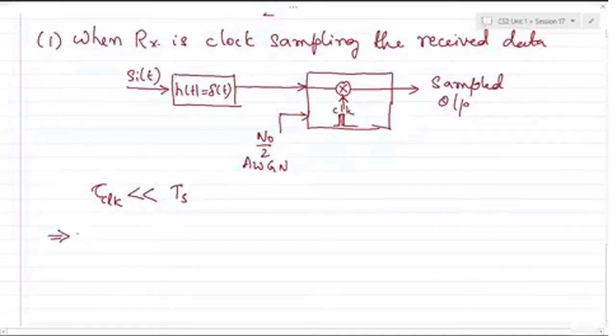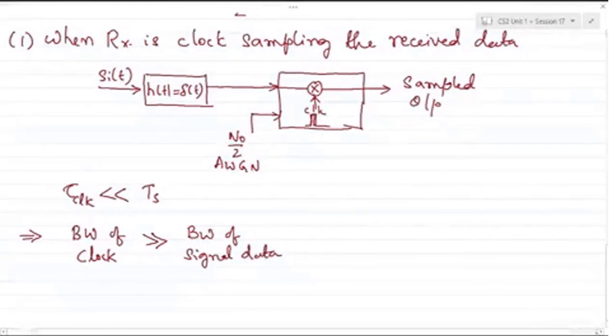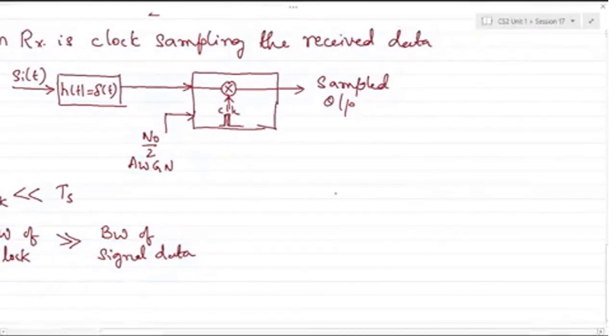In other words, the bandwidth of the clock, which is the inverse of tau clock, would be very large compared to the bandwidth of the signal data. If I try to plot the spectrum,